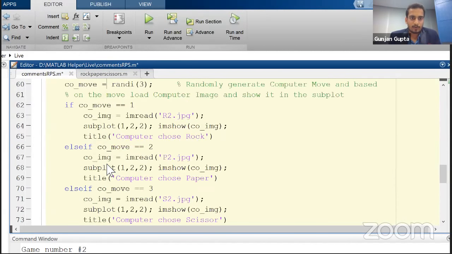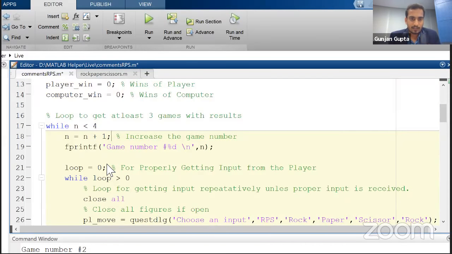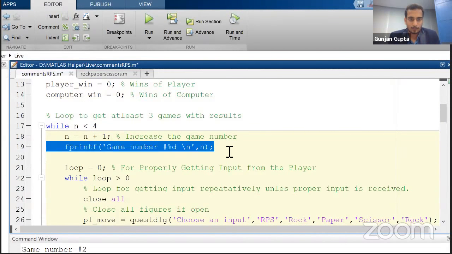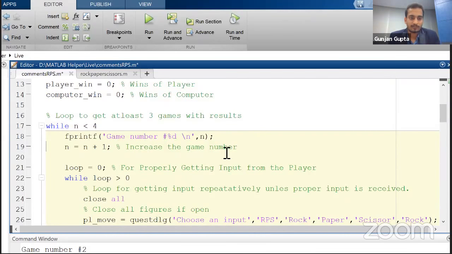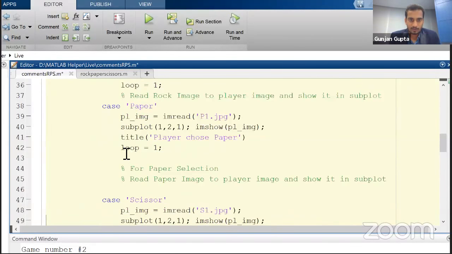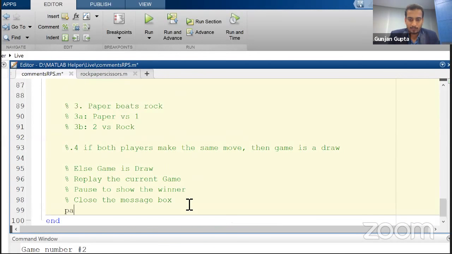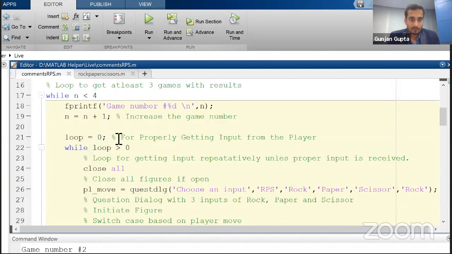We must have done something improper in the while loop condition. n is equal to n plus 1. It started with that. First of all, the game number started from 2, so rather than 2, it should be game number 1. We started with the game number 1 part. The next portion is about why it didn't show us the figure of the computer. So let me take a pause at the ending part even here. A pause of, I'm just taking 2 seconds. And why didn't it take the option? The question dialog wasn't here, so again, we need to do that.